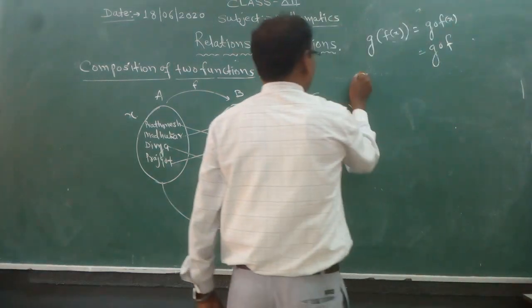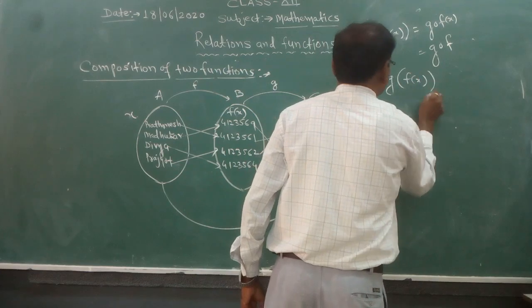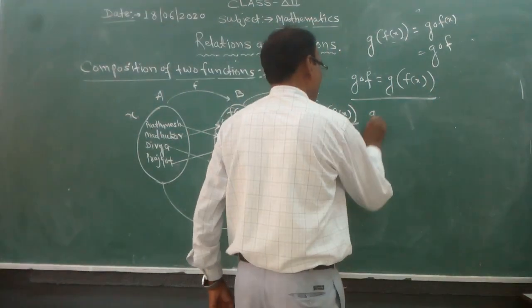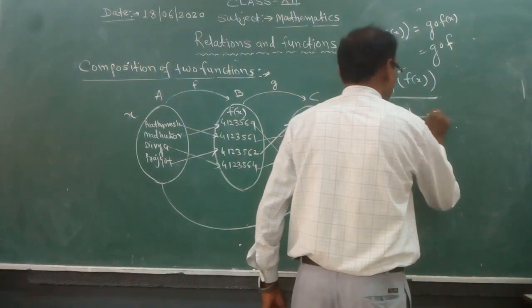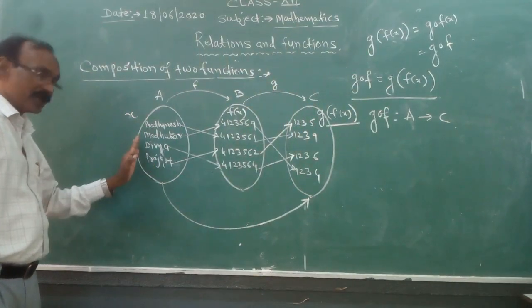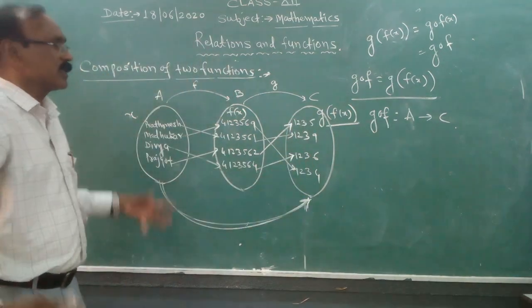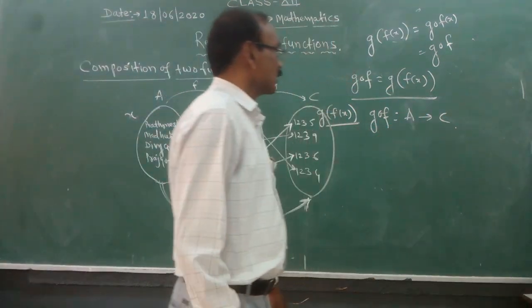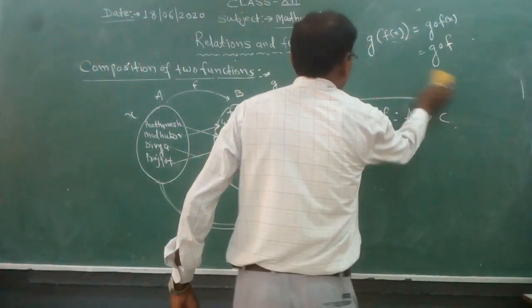So g circle f means g of f of x. So this is the composition of functions, and g circle f is a function from A to C. So if I put the domain from set A, you will directly get the answer in set C. That is the composition of two functions. g circle f means it is from set A to C. So write the definition of this function. Definition: